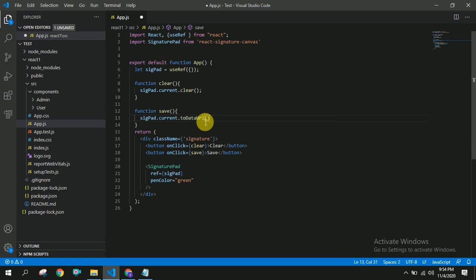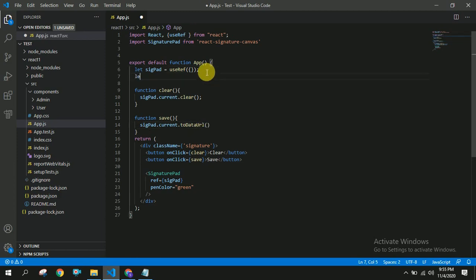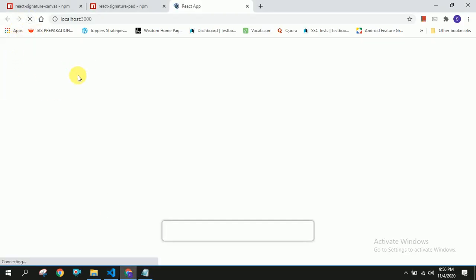We will have this predefined method, and if you want to store that, we will create a variable, let data equal to an empty string, and we are going to save this in this data. Let's check whether it's working or not by opening our browser. Once we open our browser, we will be able to see the save and clear buttons, and once I write anything and I clear, it will be cleared, and if I write anything and click on save, it will be saved in the variable called data.